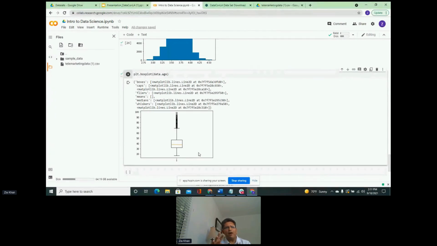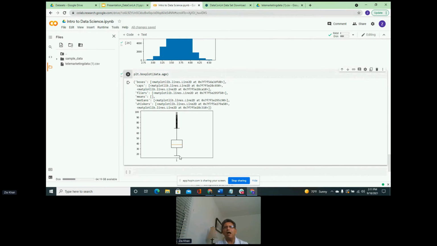Now, how you define outliers is a completely separate topic, and we can talk about that for a very long time. But in this case, anything above the whiskers or below the whiskers are outliers. And we can see we have a few of these outliers here, and this whisker is at the bottom end and the top end.